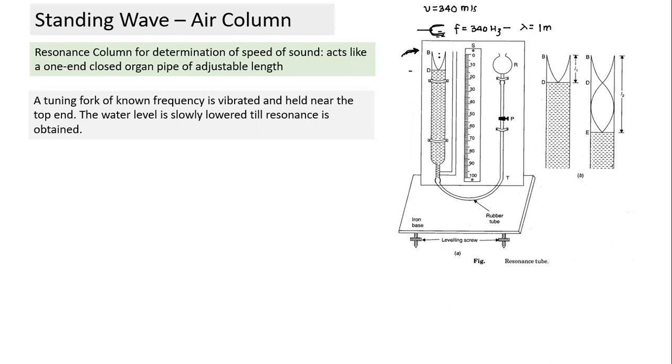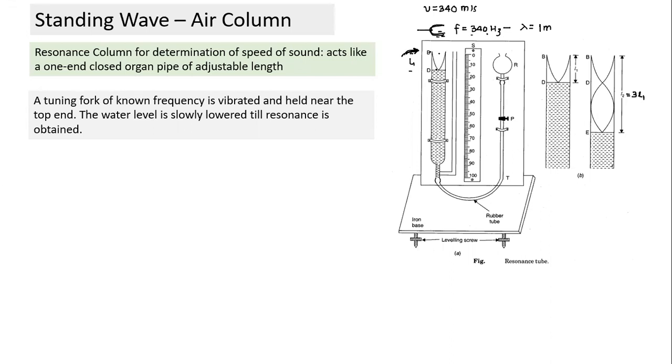So we find resonance at some minimum length, and then we continue further. Again, roughly 3 times that length, we find one more resonance. If lambda is equal to 1 meter, with a tuning fork of frequency 340 hertz, I will find the first resonance close to 0.25 meter. What does that mean, 0.25 meter? The standing wave which is getting formed here is of length equal to lambda by 4.